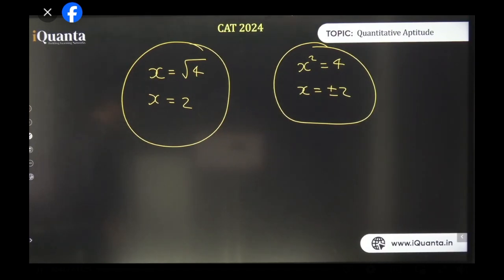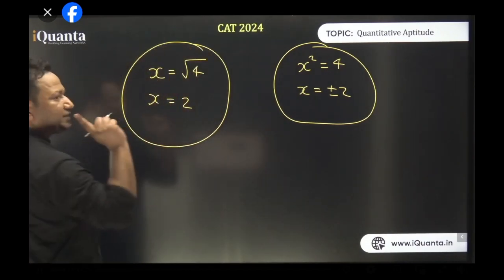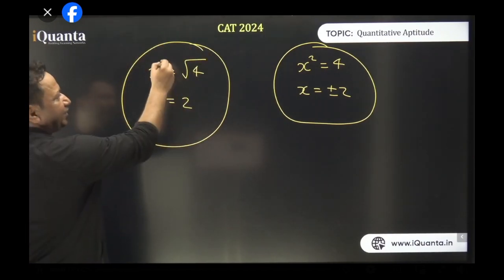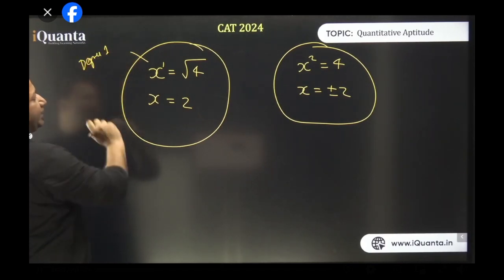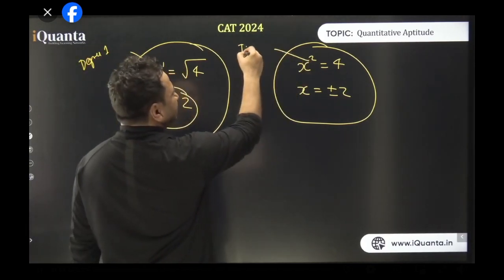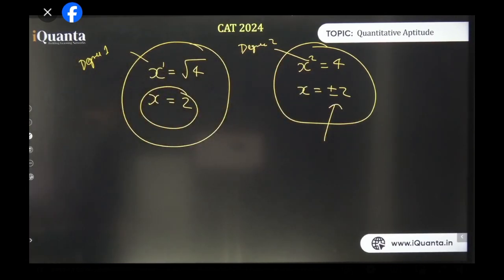Now you might be thinking, why? बात तो एक ही तुम बोलोगे कि भाई दोनों को square करो तो both sides will get the same equation, isn't it? But not really. Not really. I'll tell you why. See, here what is very much important is the degree of the variable. Here the degree is 1, right? Power is 1, so we can have only one answer. Here degree is 2, so we'll have 2 answers.